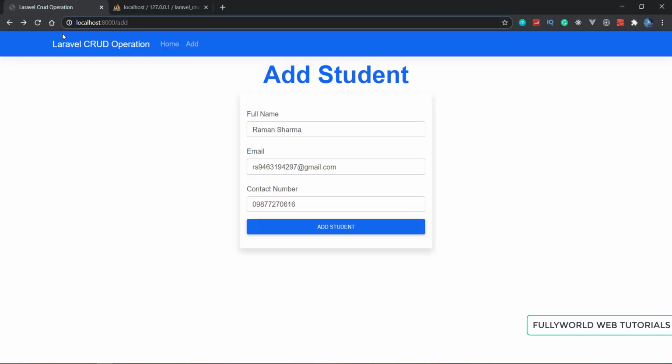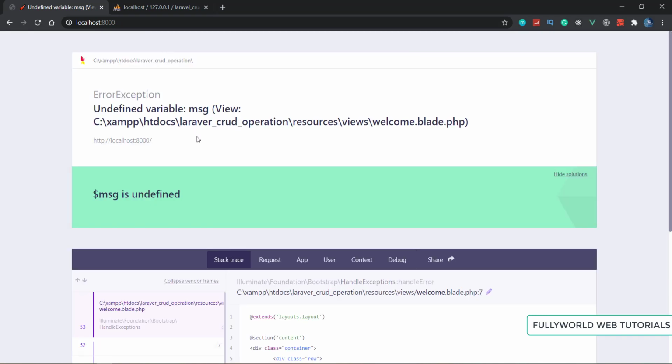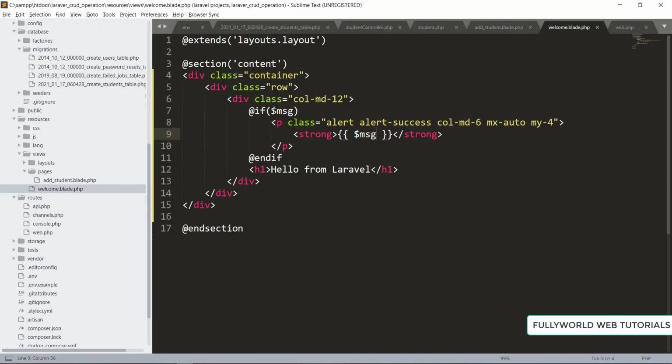Now first of all, let's go to home. Let's see if there is some error or not. So, undefined variable message. Here we have to mention one thing. If message is not equal to, so type of message, we are going to write get type.